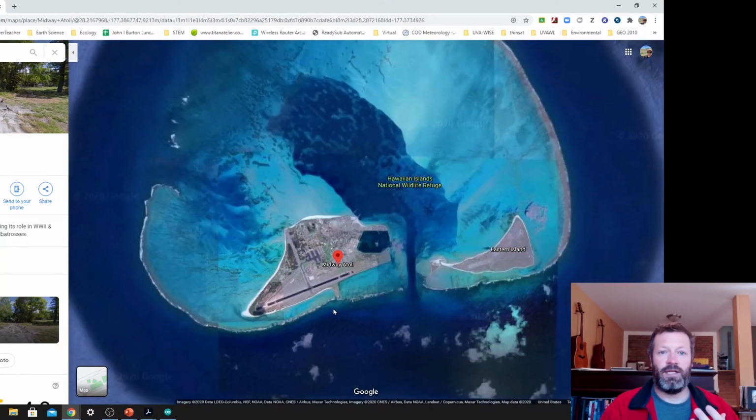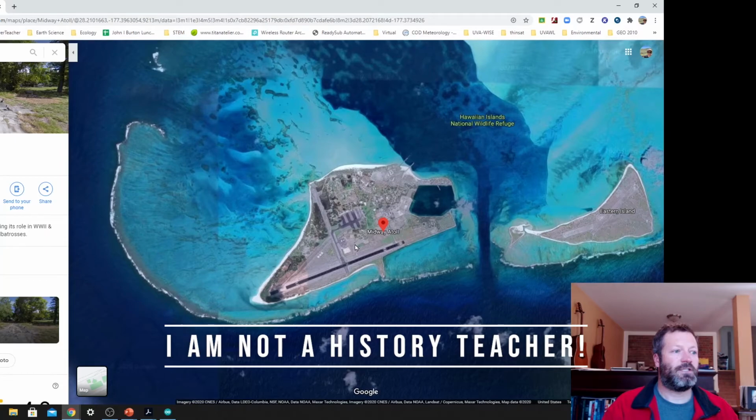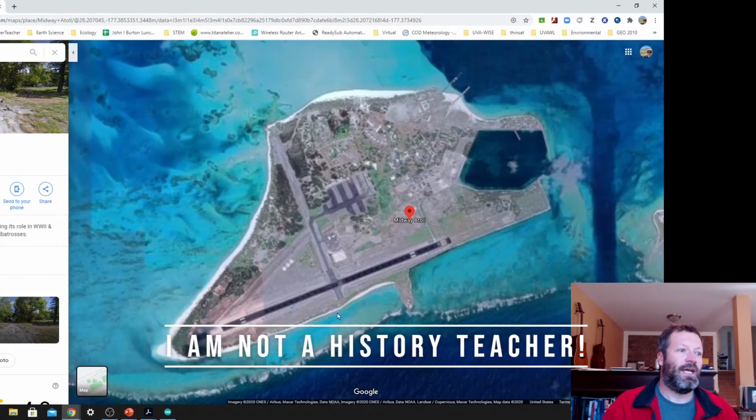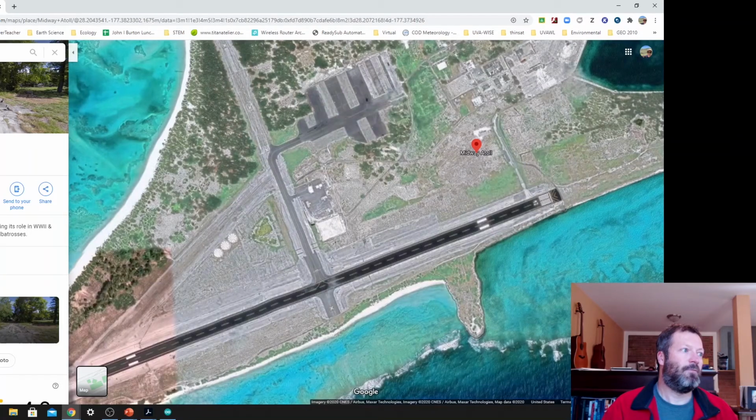this is one that the U.S. took hold of in World War II because we needed someplace to start launching attacks on the Japanese. And at this atoll, they built a runway, they built a whole base, and launched many attacks on the Japanese from Midway. Another really famous one,